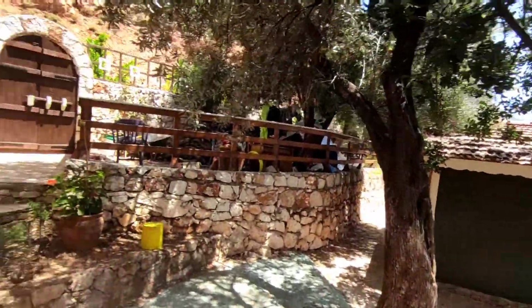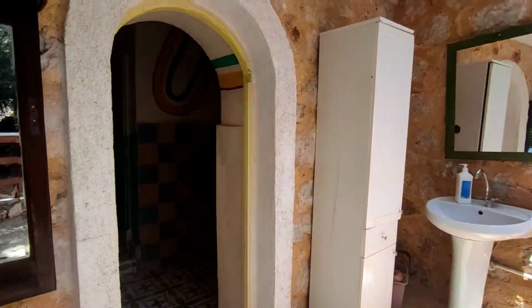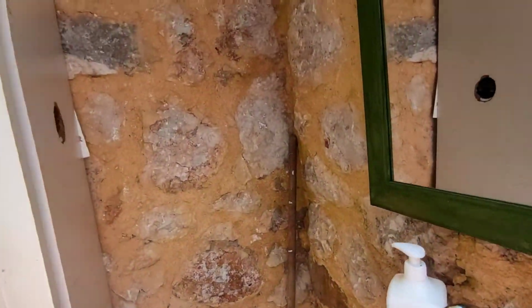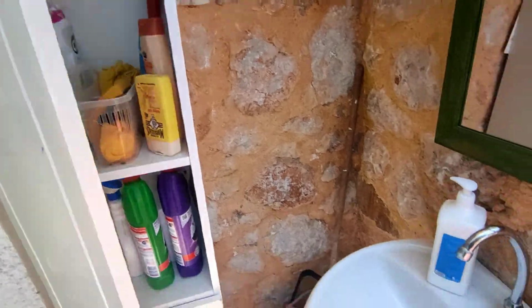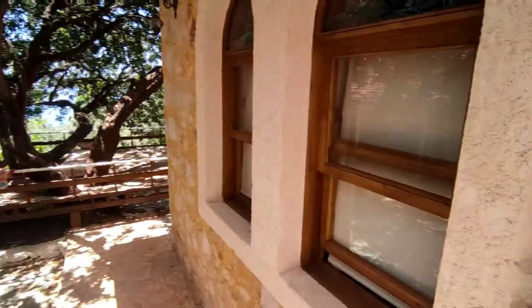Some of the bungalows, and my job is to actually do the cleaning. I clean the toilets. Here are my tools. I use this every morning. I mop around, change the garbage bags, and